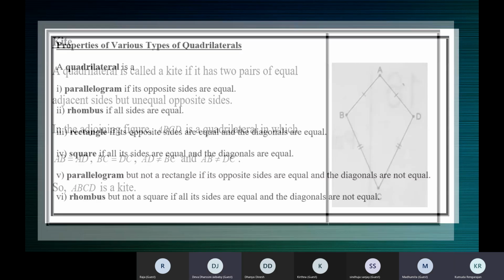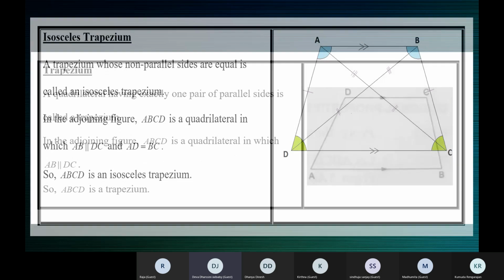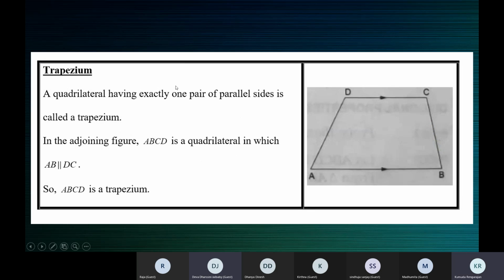Ma'am, should we leave some space for the properties? Yes, I think you can. No, I think it's all here. No, you don't have to. Ma'am, after writing this, can we write the title as exclusive properties? No, just write. Maybe if I say some more properties, you can give the headings later. Properties of a trapezium, kite, and whatever. You can give them later. Okay, ma'am.